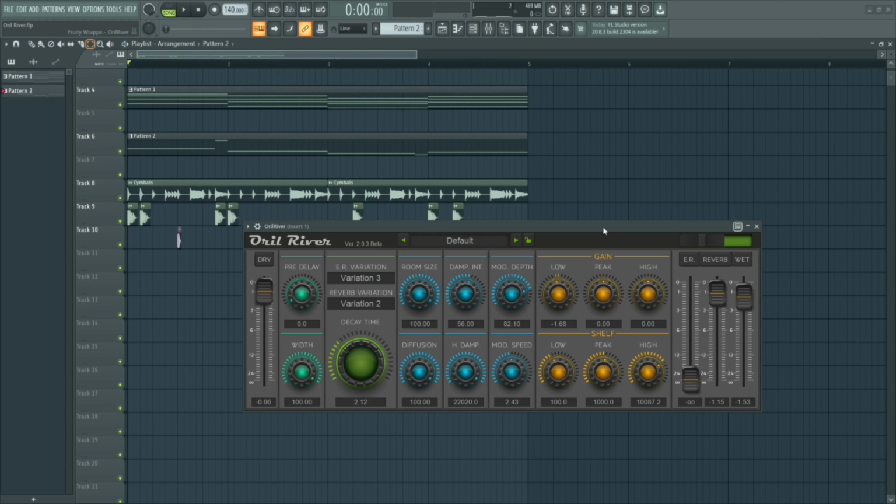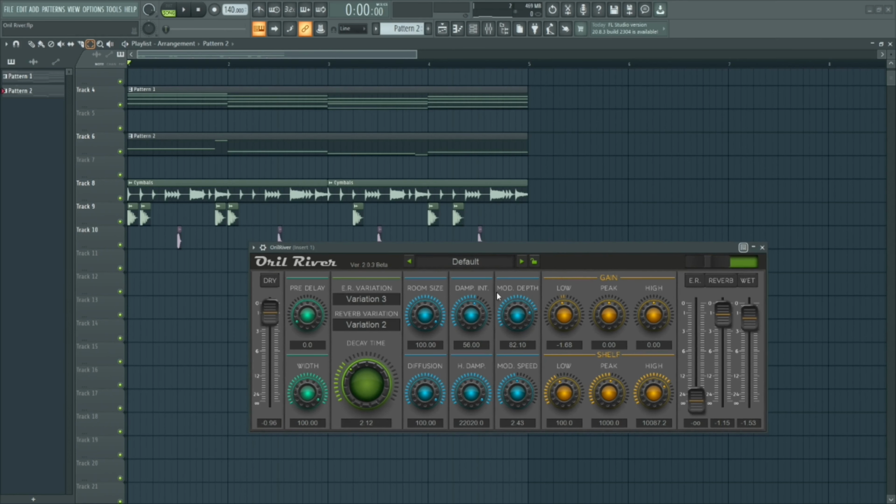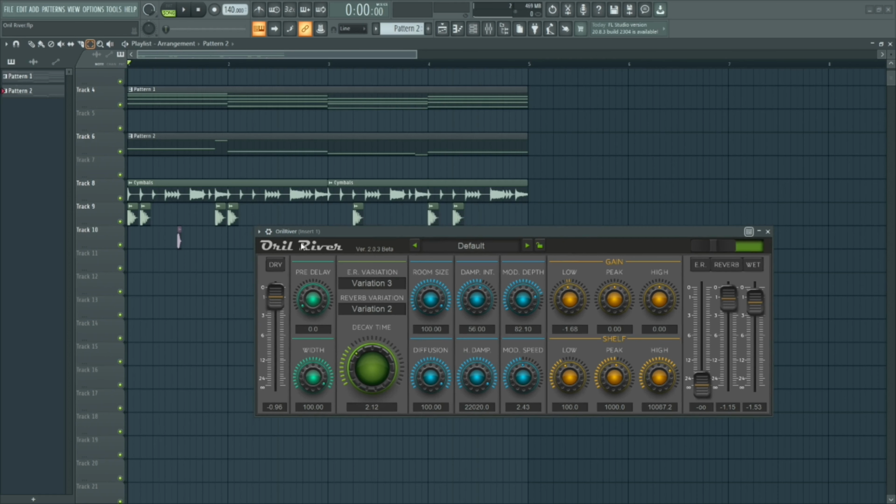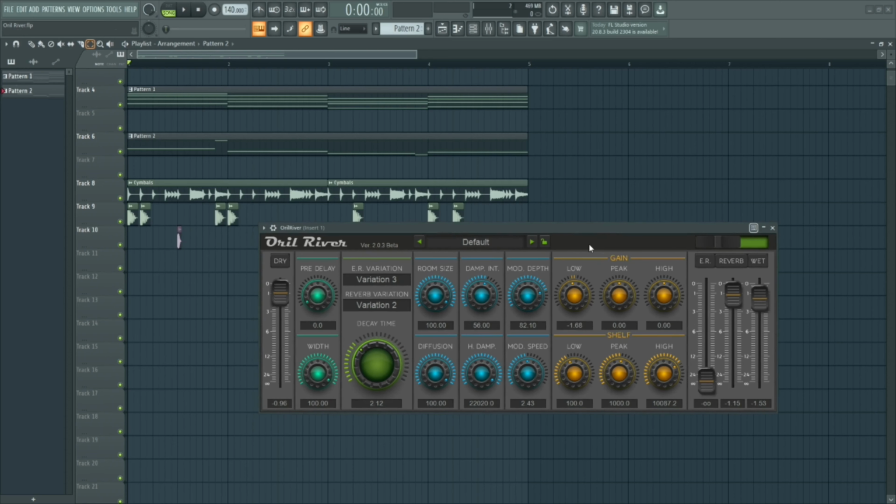So yeah, it wasn't supporting Mac, but since this is the second version, version 2, all the updates after version 2 are supporting Mac, so you can use it on both Windows and Mac. And even after offering this amount of control over your reverb, this plugin is really light on your CPU, so that's a really good point about it. And you can basically use it on anything you want, like on your drums, on your synths, or wherever you want.